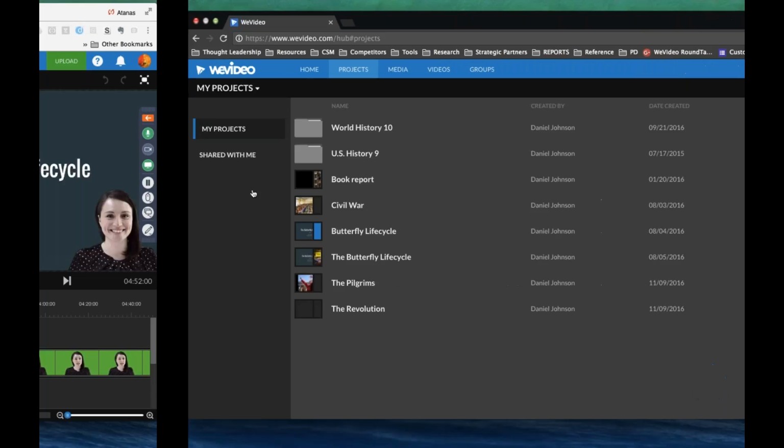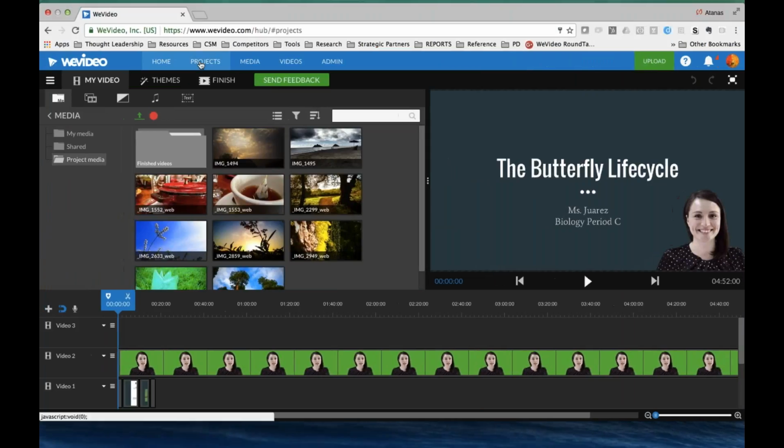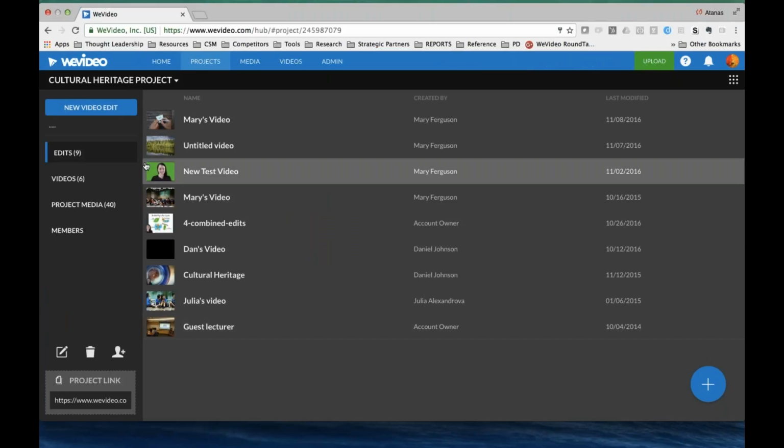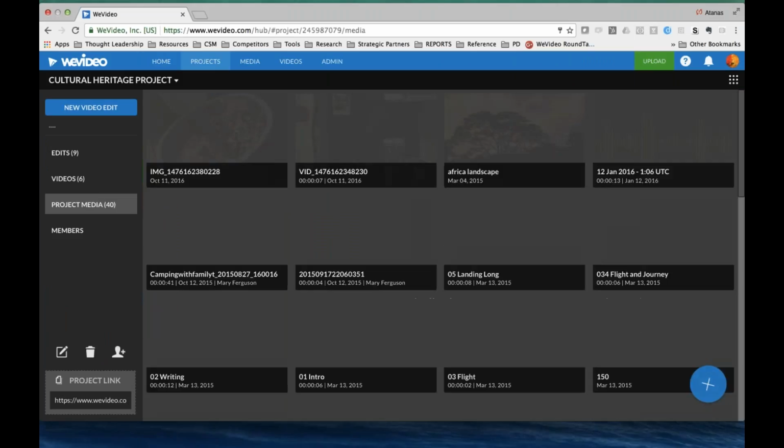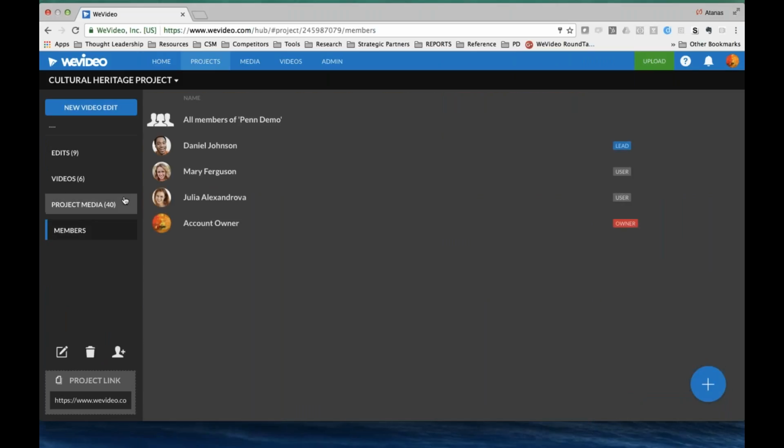And then let me just open a project that's a little more fleshed out. So here's the media, and I can always add or remove members from this project. The assignment description will appear here, so students will easily visualize what the prompt is or what they're after in terms of the topic.